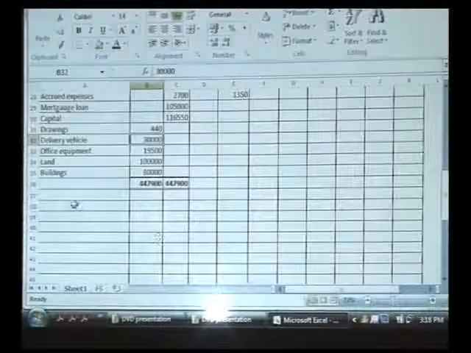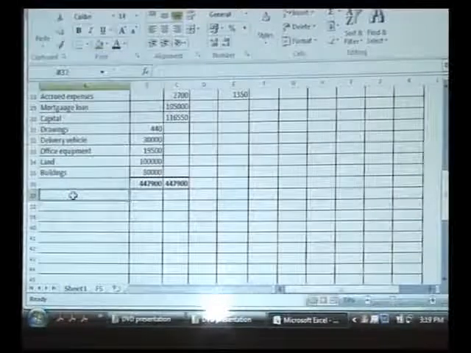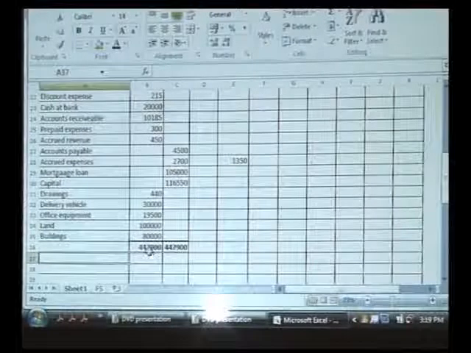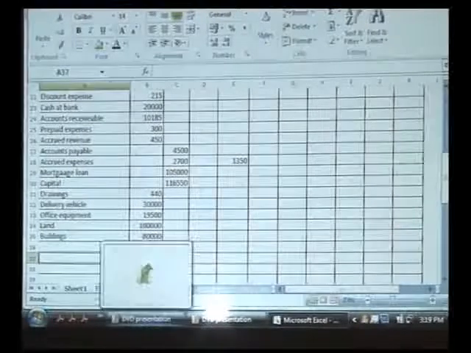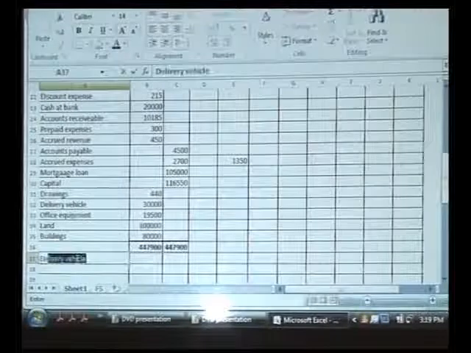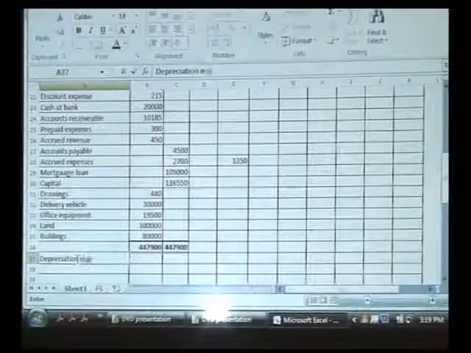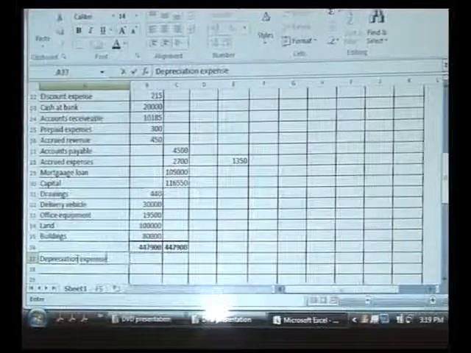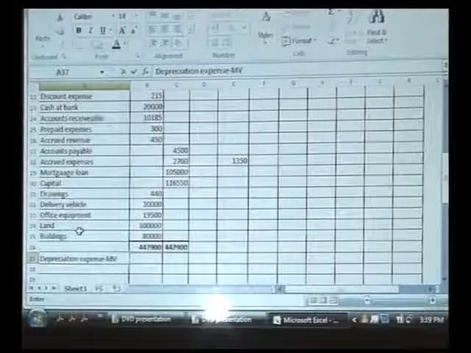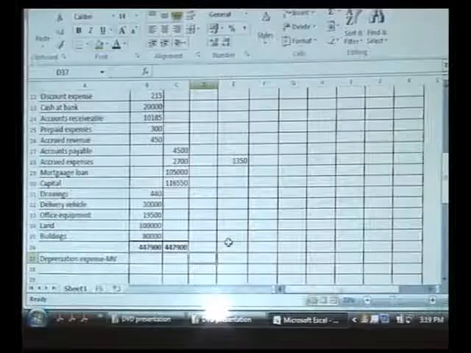Then the depreciation expense account is not there in the ledger accounts, so therefore it is below the total. Depreciation here, new item, depreciation expense, motor vehicles, amount is 6,000, debit, adjustment column debit,